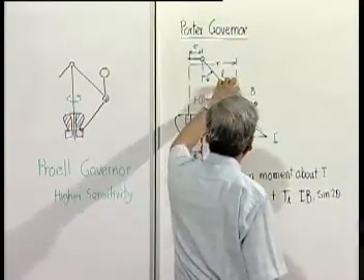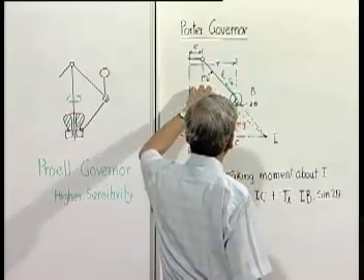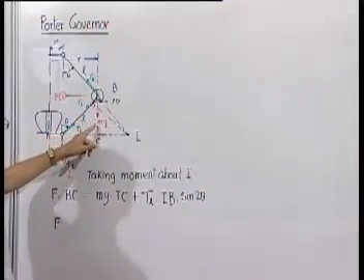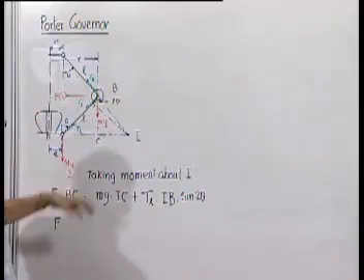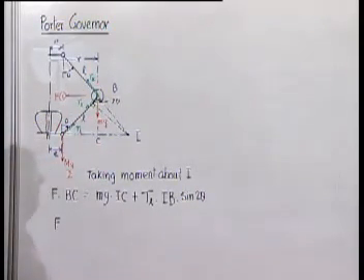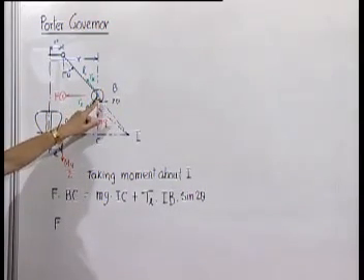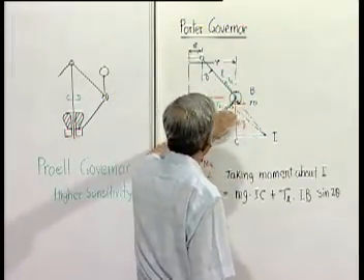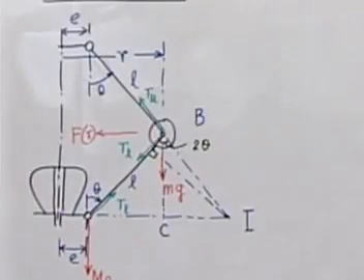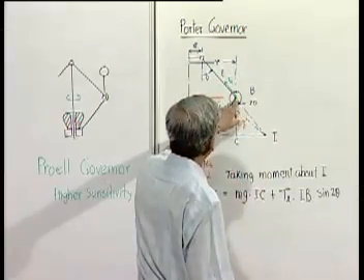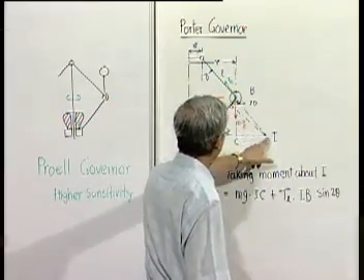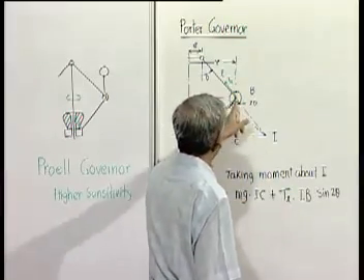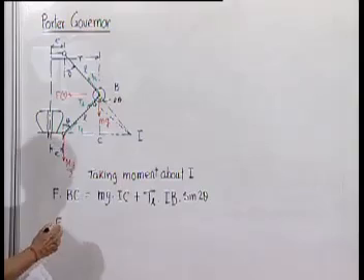Now control force means, that on this sphere, the effect of control force will be representing the effect of other forces. What other forces are acting on this? One is the gravity, one is TL, one is TU. So therefore, if we take the moment about this instantaneous center, the moment of the actual forces acting on this sphere must be equal to the moment that would have been produced if all these forces were represented by a horizontal force. So therefore, this into BC will be the same as the moment of the other actually acting forces about this point. So, moment of TU about this point is 0 because it is passing through the point. Moment of this is this and moment of this weight is this. So, the control force F can be expressed as